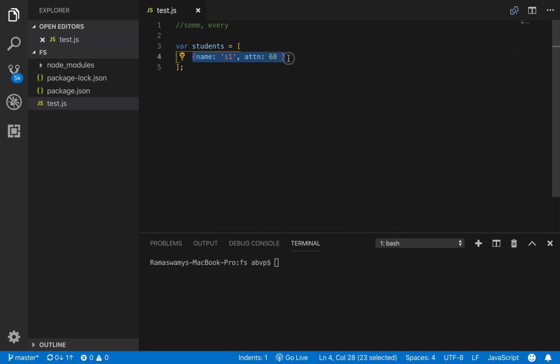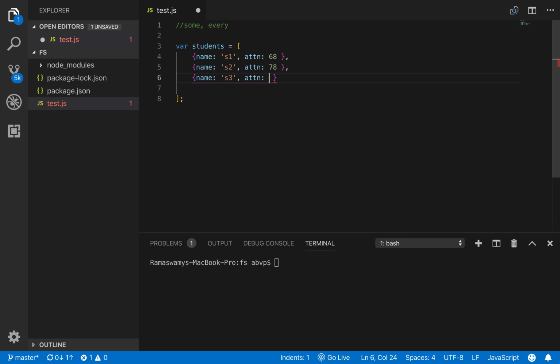So similarly, let us create a couple of more students. So this is our second student, S2, having the attendance 78, and student S3 with attendance 66, and finally student S4 having attendance 91.